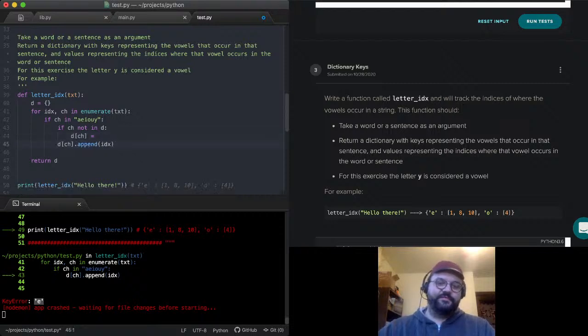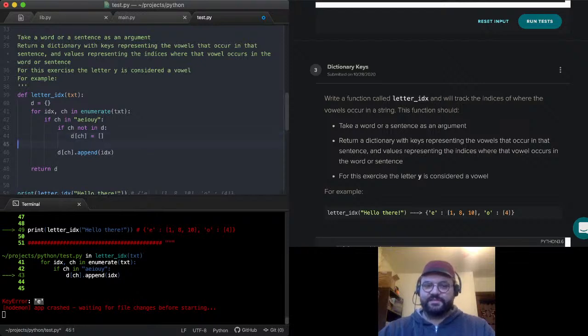So if ch is not a key in the dictionary, then we'll add it in, and since we can't have a key without a value, we need to give it the value that we want it to have, which is an empty list to start, and then immediately